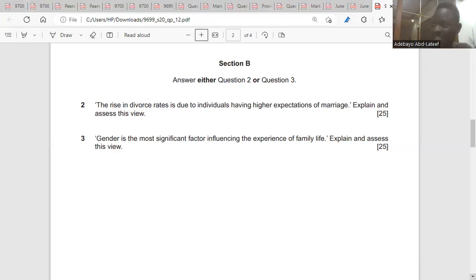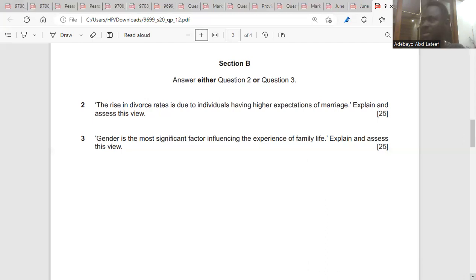That is the question. Did you get the point now? Let's forget about the feminists now. I'm still interpreting the question. The question is talking about how gender is the main topic in the family experience. So for functionalists, we understand why gender is the main topic